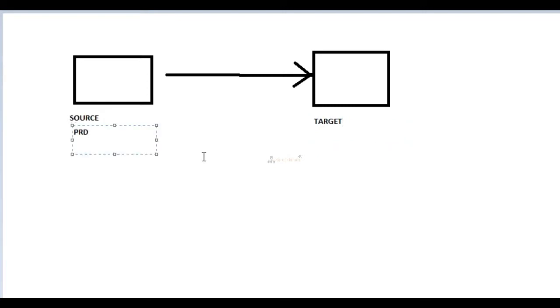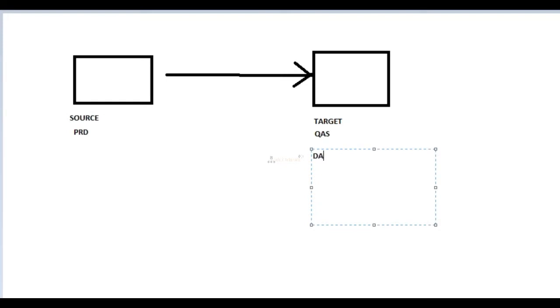Yes, this is my production system and this is my quality system. Okay, so whenever you are doing a system refresh from production to quality, what data will be copied from production to quality?